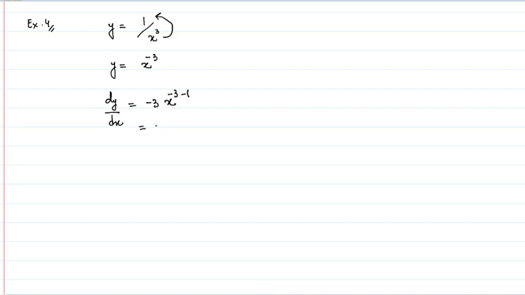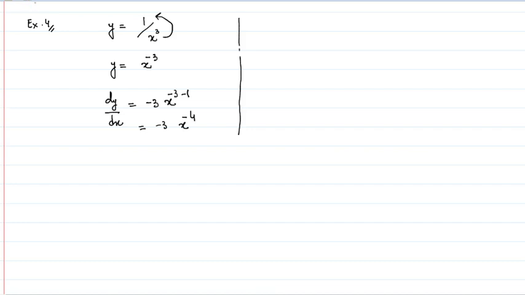This subject. So we will take now example number 4. Suppose y is equal to 1 upon x cube. Now the first rule is that we have to bring it into y is equal to x raised power n form. So what we will do, we will take this to the numerator and write x raised power minus 3. So dy by dx will be equal to minus 3 x raised power minus 3 minus 1 is equal to minus 3 x raised power minus 4. Okay, very simple.